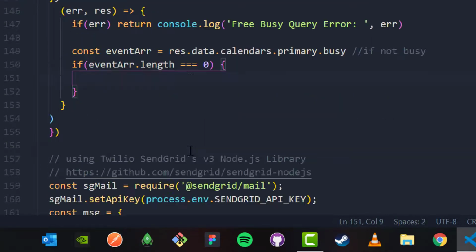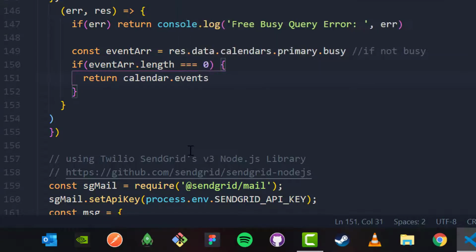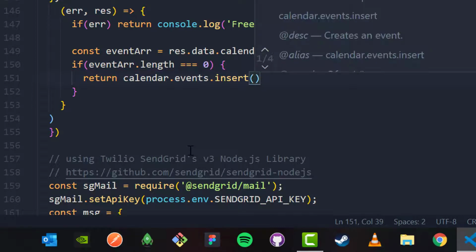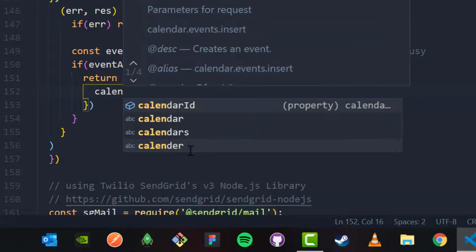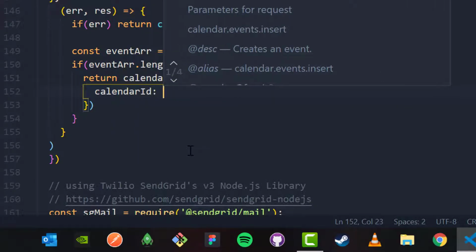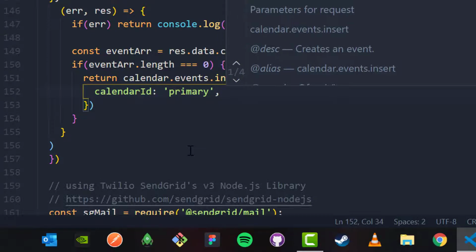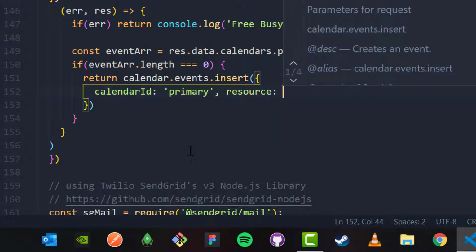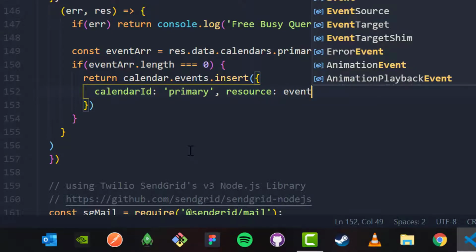If I am not busy, I'll return that the event is created successfully. Okay, now return calendar.events.insert. Now insert the events with key values as calendar ID as primary, and what will it take as resource? It will take the event which I submit as a resource. Okay, now the second argument is